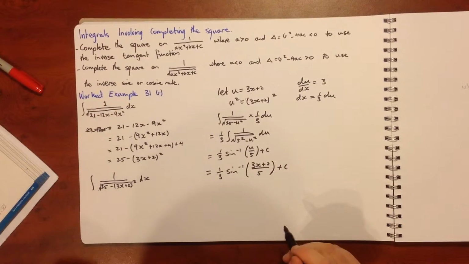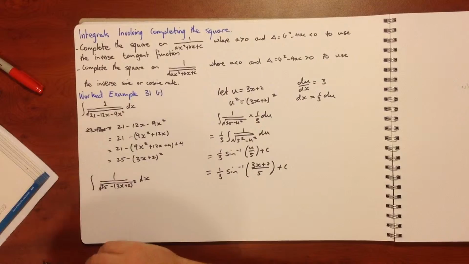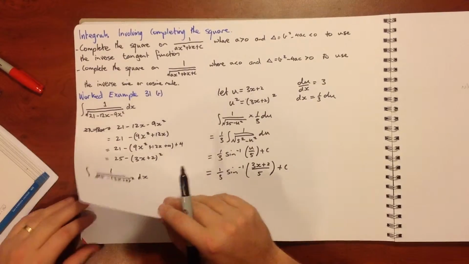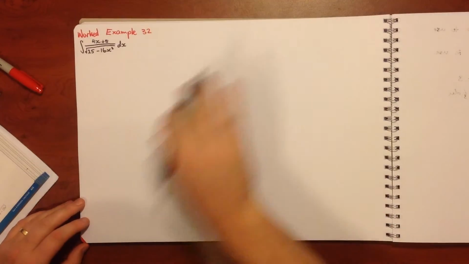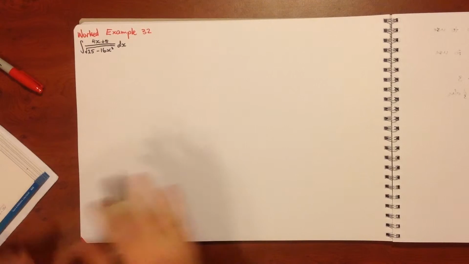Okay, so it's just that process of doing a linear substitution after doing our completing the square. Okay, so we'll keep moving on to our last worked example, which is worked example 32. Okay, and this is talking about integrals involving substitution and inverse trigonometric functions. So we can break up complicated integrals into two manageable integrals using the property of splitting up our integrals in